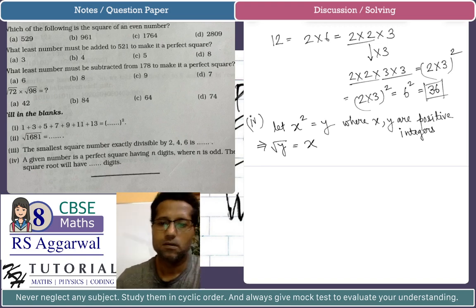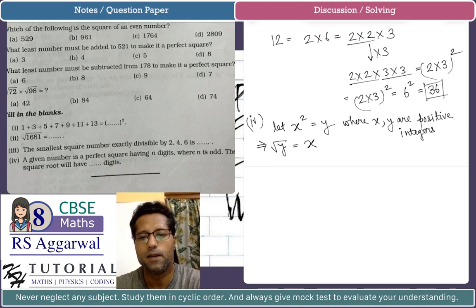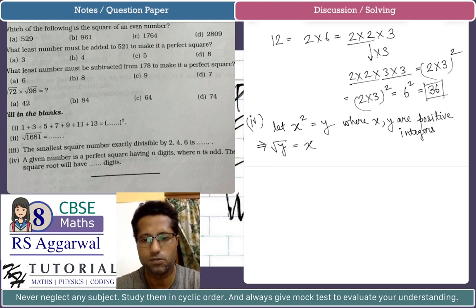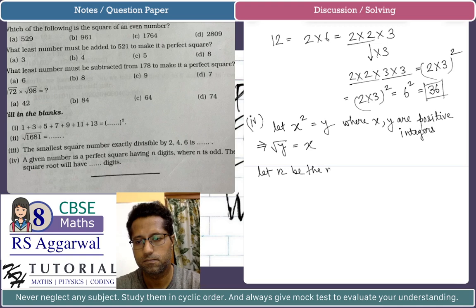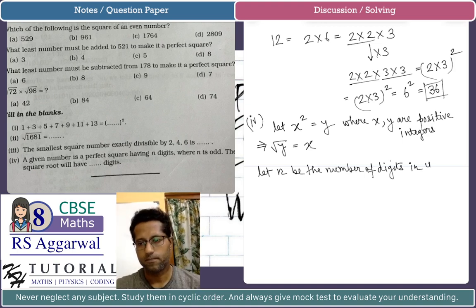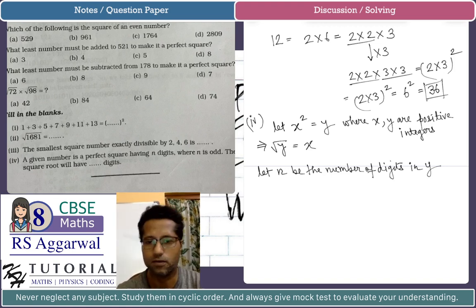Now, let n also be the number of digits in y. Let n be the number of digits in y, and y is the square of x. That is, x is the square root of y. So if n is the number of digits in y, then we will have the result: